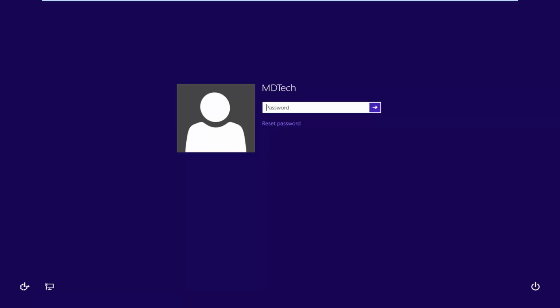In today's tutorial, I'm going to show you guys how to hopefully resolve if you're having problems logging into your Windows 8 account. So basically this tutorial is going to show you guys how to reset the password without too much of a hassle. First thing you guys are going to need to do is download the Windows 10 ISO